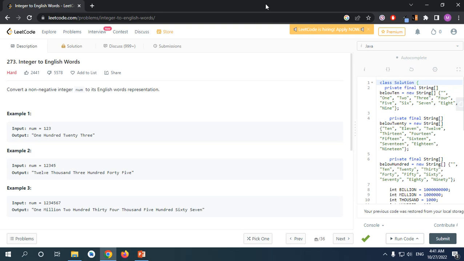Hello and welcome back to another YouTube video, and in this video we're gonna solve a LeetCode problem, which is conversion of an integer number to English words. This problem has one input, which is the integer number, which has a maximum value of 2 billion, and we want to convert it to English words. For example, 123